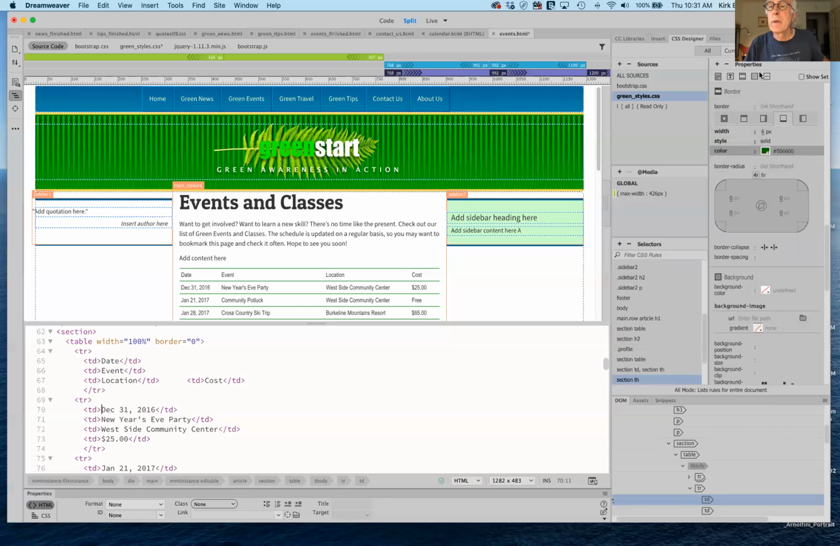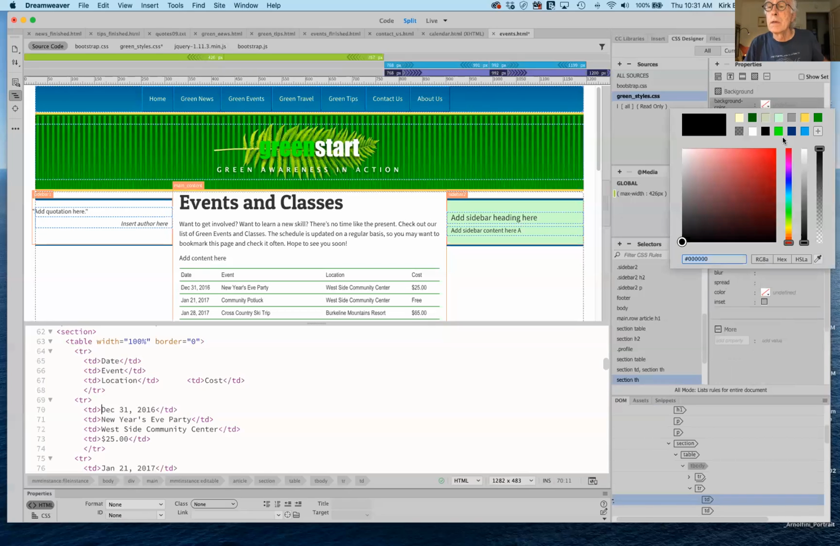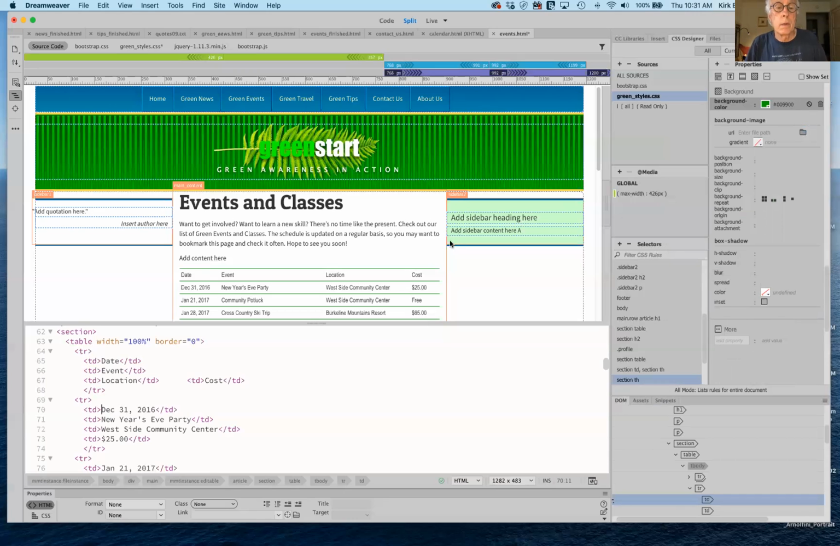So now we select background. We want the background color to be 090. So I believe that is this green. There we go. Okay, so it's not changing yet. So before I go any further with this,